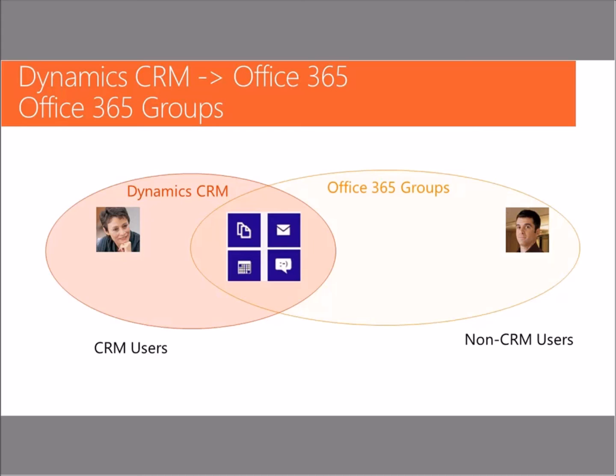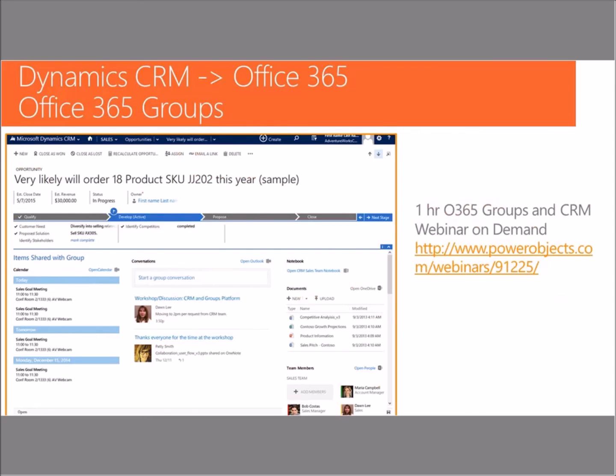So now we're not looking for, hey, who has a new version? This version looks old. Who made the last change? It's all in the same location. And the UI is very elegant. So here's what it looks like in CRM. I can quickly see the calendar for the group. I can see the back and forth conversation. Now this conversation, somebody can log into CRM and start chatting, or via email.